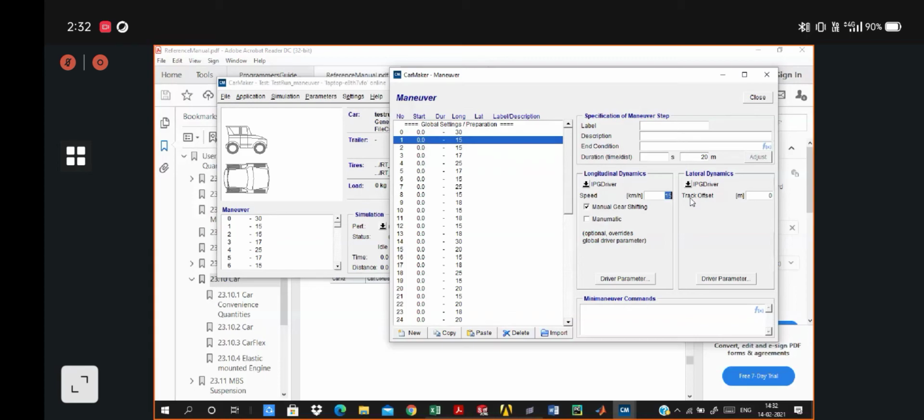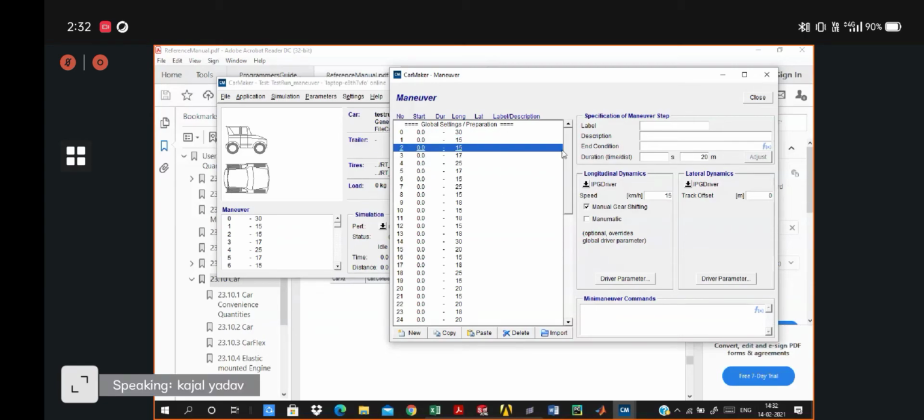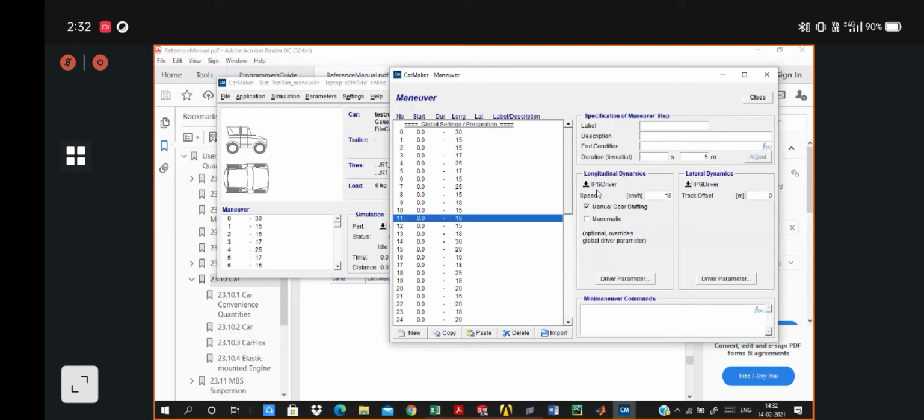Similarly, you have to define your manual steps accordingly. And suppose in the middle of the track you want to apply brakes or clutch, under longitudinal dynamics you can select manual, where you can define the clutch and the brake value.